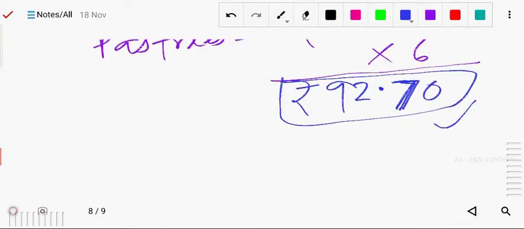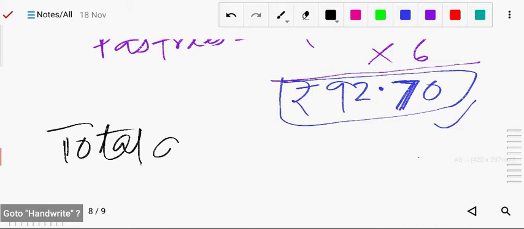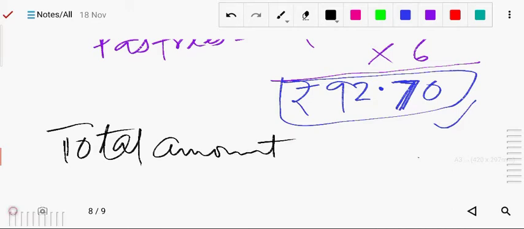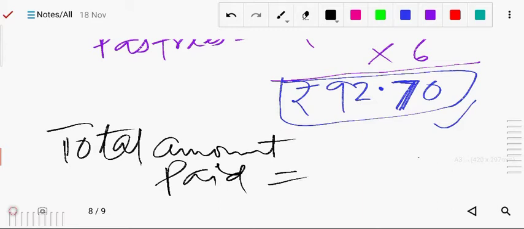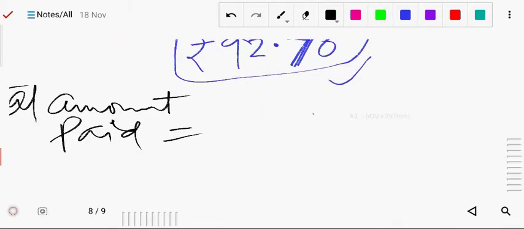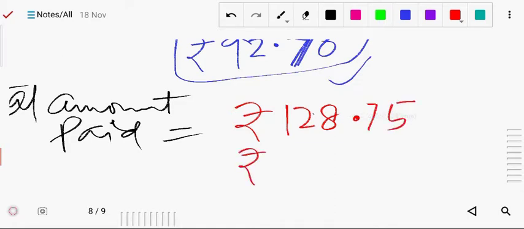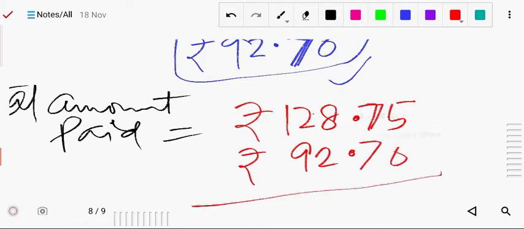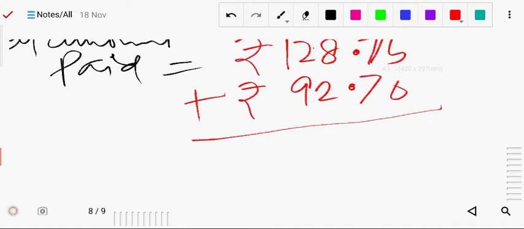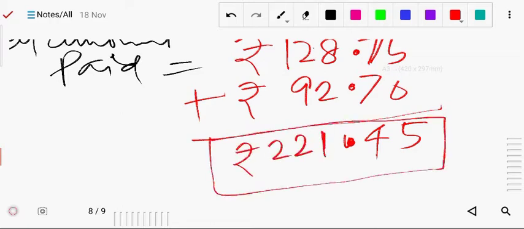Now the total amount we have to find. So we can find the total amount paid. The total amount paid will be, we can add these two. So add, the first one was rupees 128.75 and the second one was 92.70. Okay, now we will add it. So the total amount paid will be rupees